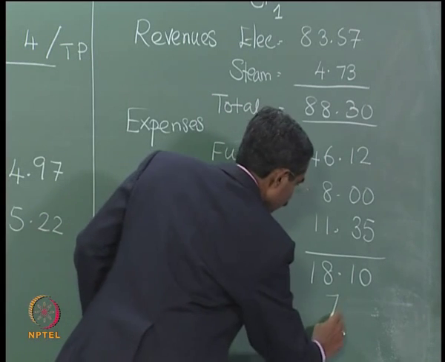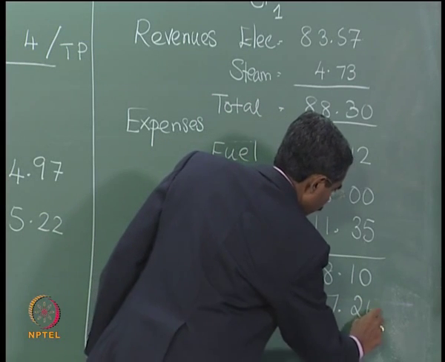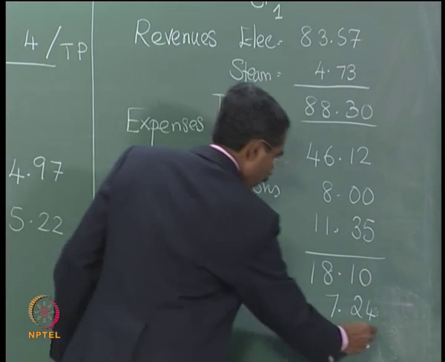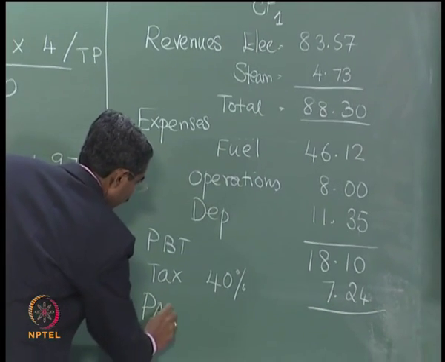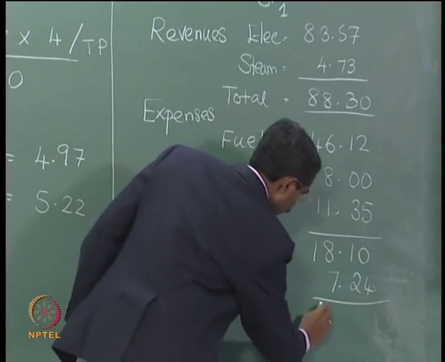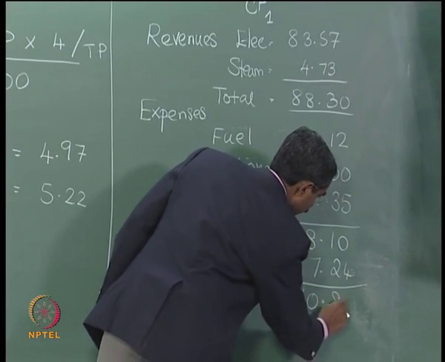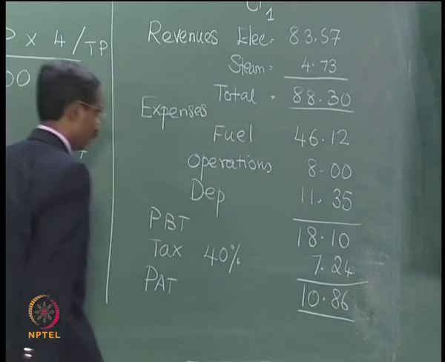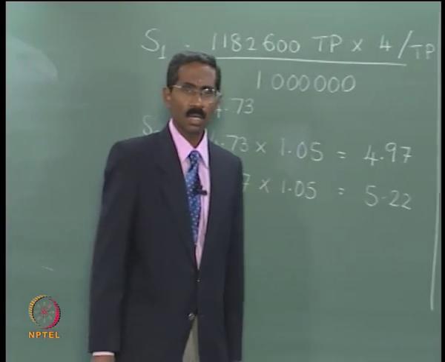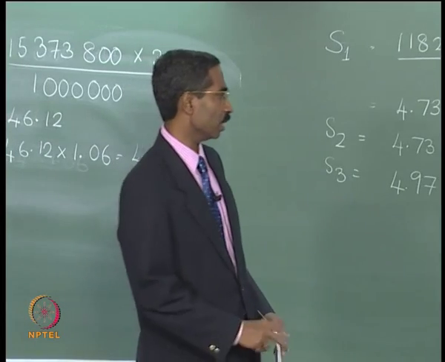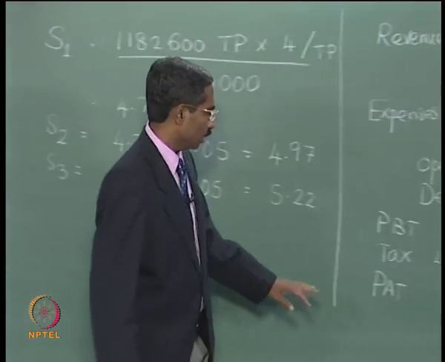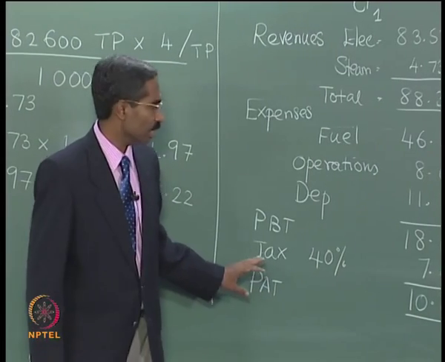That will mean a tax of 7.24, and therefore your profit after tax will be 10.86. Now the cash flow from operations would be, as we have seen earlier, profit after tax plus addition of